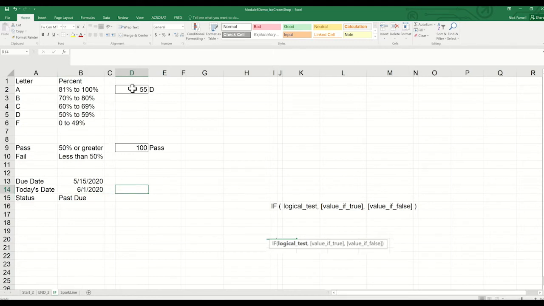And to show something a little bit more complicated, we have letter grades and percent. So here we can say if we get a 75, then it's a B. If we get a 99, then it's an A. If we get a 35, it's an F. We're not going to go too far into this, but I just wanted to show that you can nest different